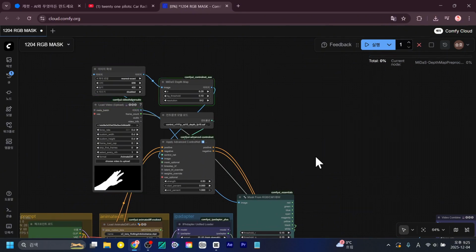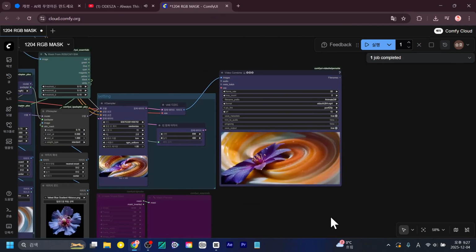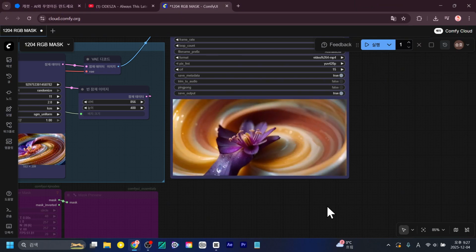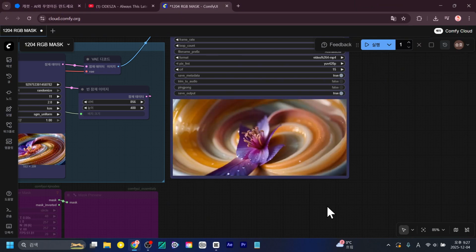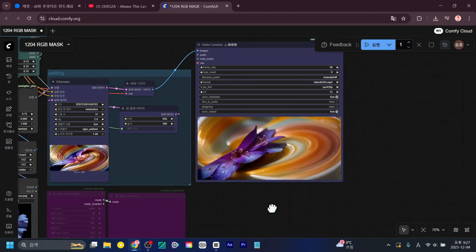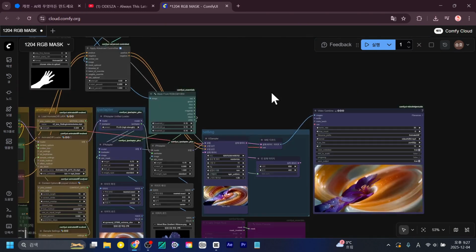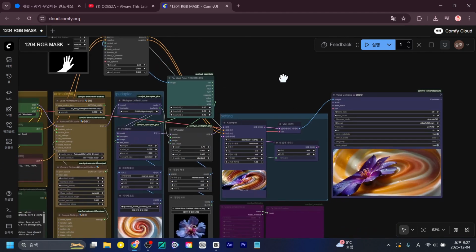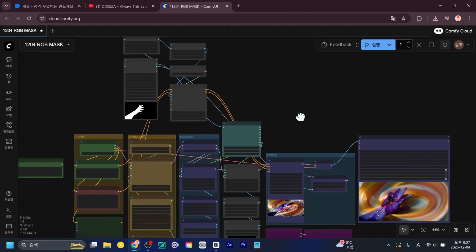Now I hope you try it out and see for yourself. It seems like the entire frame is working well too. Once the video is done, I'll wrap things up. The video is finished, and as you can see, it's applied very well. You can see the hand shape there, right? It's really good. The flower moves just as it should. Alright, great. So we've tried applying the control net to the video as a first step, and we've also done some work using masks. Thank you all for following along and working hard.